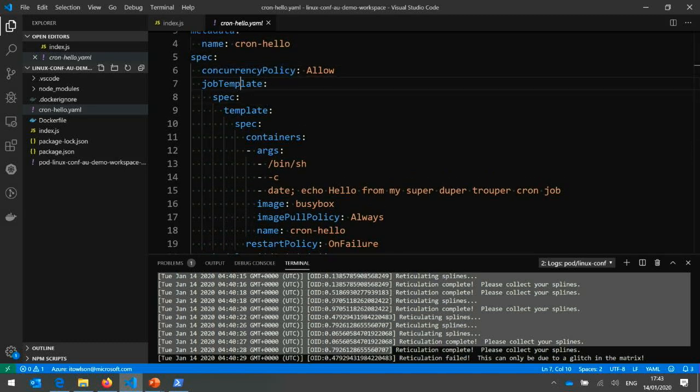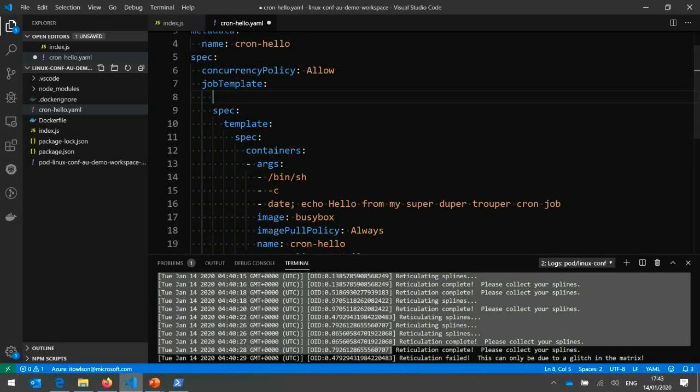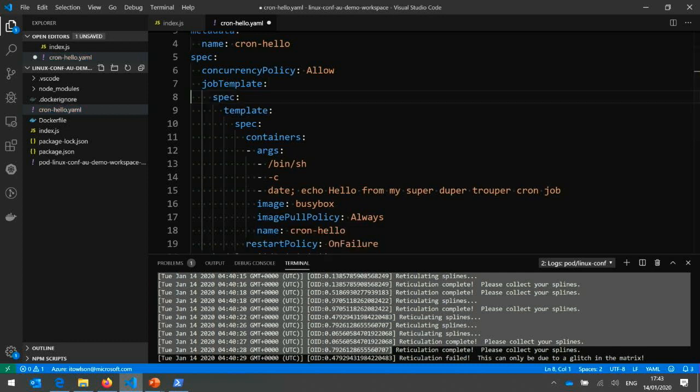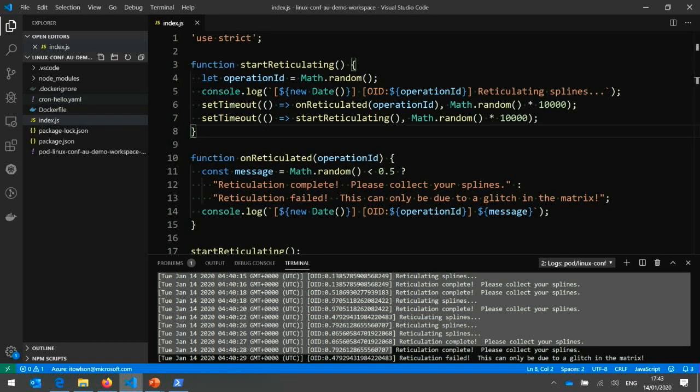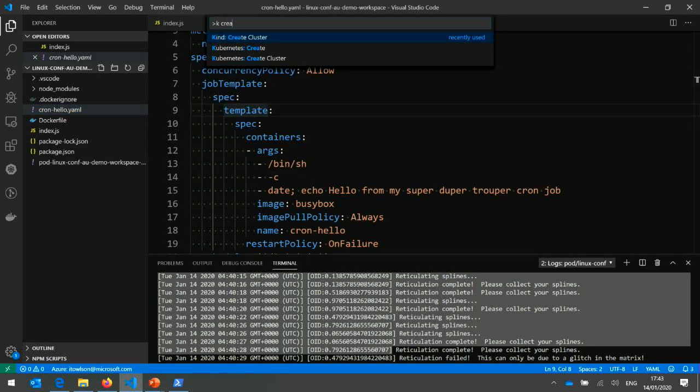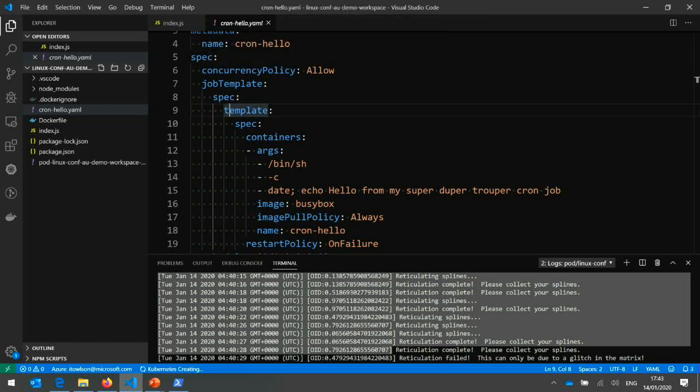I can get prompts so that I can construct YAML, and there are also snippets for helping me to do that. So we've got that kind of IntelliSense, that kind of code completion feature available to us. And once we've got some YAML put together, we can very easily deploy it. As I mentioned earlier, I can do a Kubernetes create, and that will just deploy that YAML to the cluster,